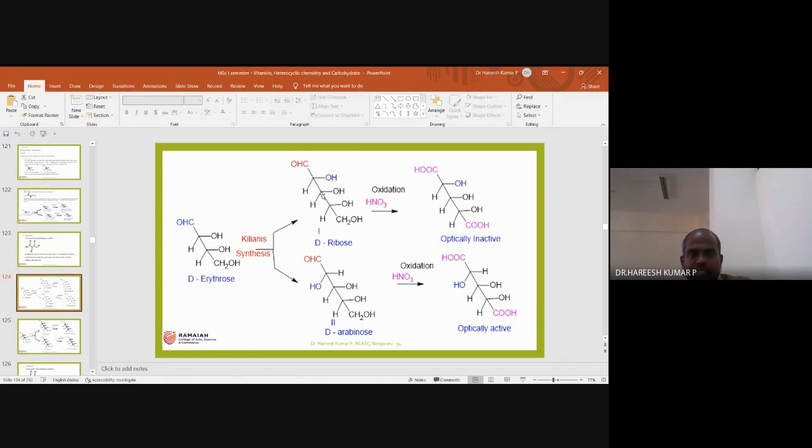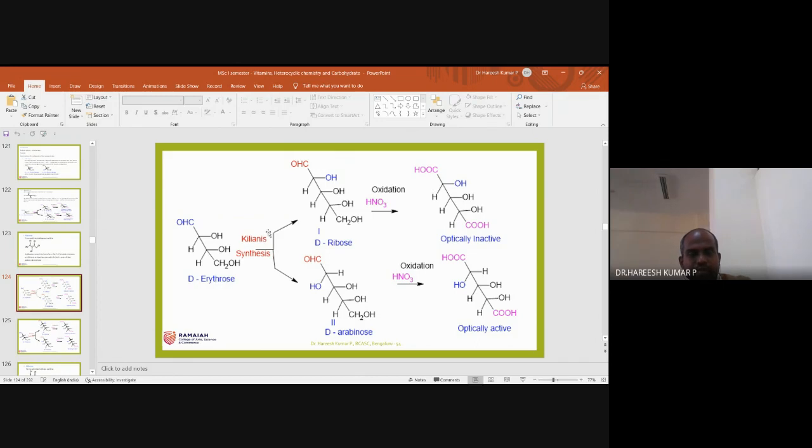Suppose this second carbon's hydroxy is going on the left hand side, then it's called xylose. If the hydroxy group is going the right hand side, that I will come to in the next slide. So at this moment, what you can remember,